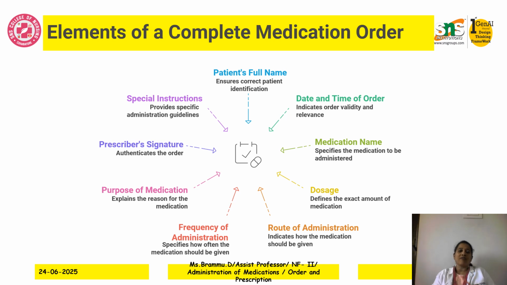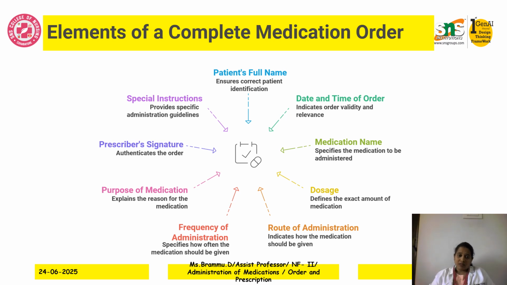Coming to the elements of a complete medication order, what are the things we nurses should closely monitor when we receive the prescription? First and foremost, see whether the patient's full name is entered, and always do the identifiers: patient name and the OP number or the IP number. Next comes the date and time of the order, whether it is a fresh prescription, because nowadays you can see that many patients